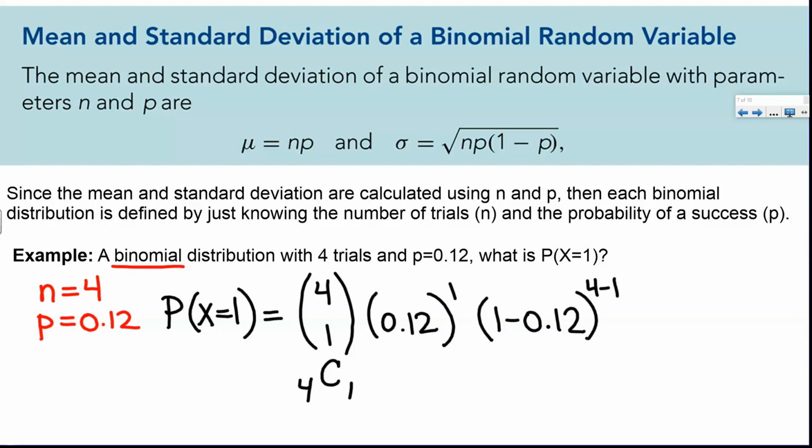Okay, and so we could put all that in the calculator. Remembering this part is combinations, so you do 4 nCr 1 in the calculator, then times 0.12, then times 0.88 to the third in the calculator. You should get